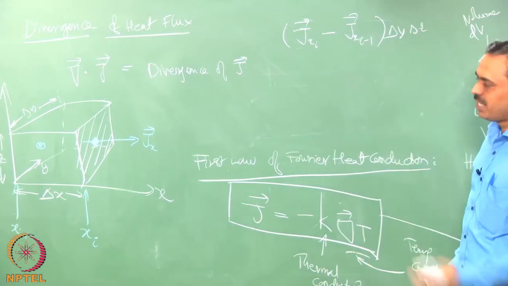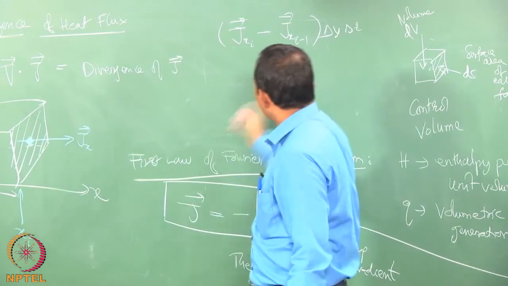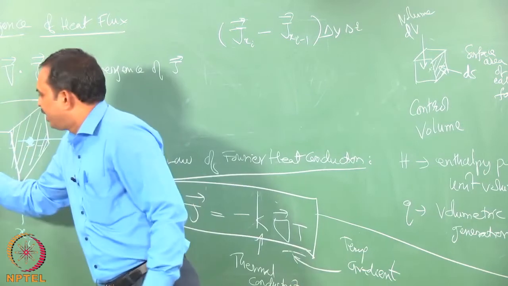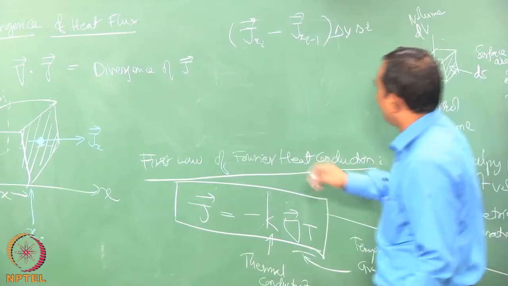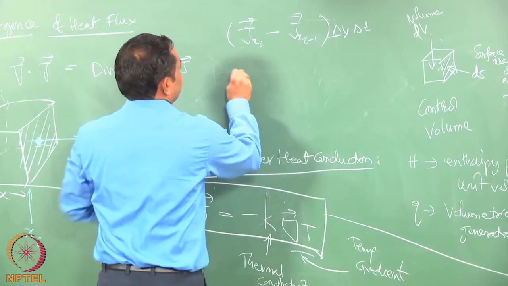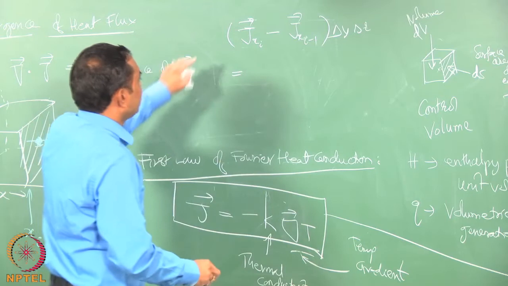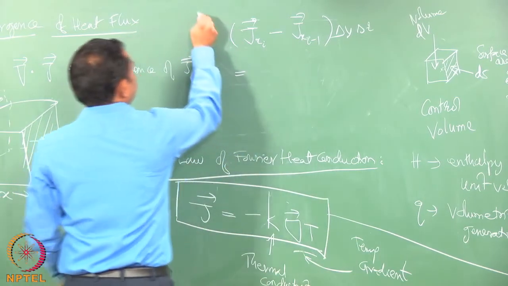So, this is nothing but the energy that is coming out of the control volume, and this term is energy that is coming in from the other side. So, this must be the amount of energy that is leaving the control volume. Okay. So, then if you want to expand this, you can multiply and divide. What is this? We have seen that this is nothing but